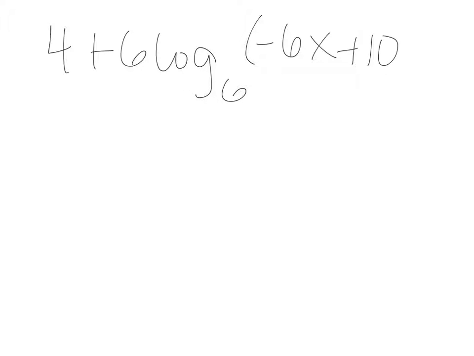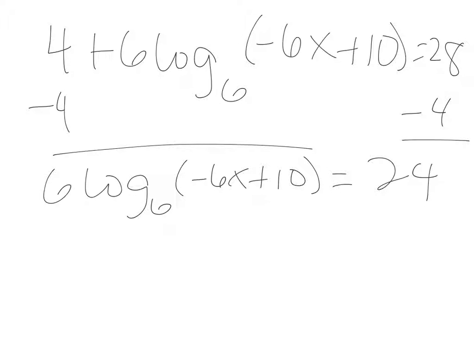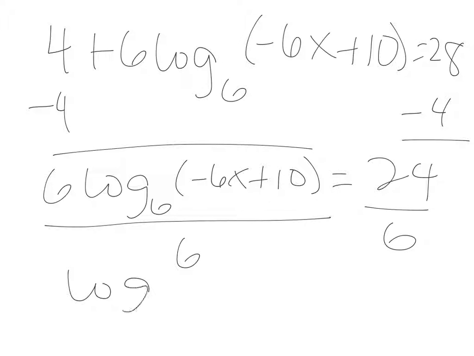So you might see one like on number 31, okay? On number 31, where we've got 4 plus 6 log base 6 of negative 6x plus 10 equals 28, okay? On ones like this, you're going to have to move the 4 first, and then you end up here. And then you're going to still have to move the 6 before you do anything else because my log is not isolated. So I'm going to divide everything by 6 and get log base 6 of negative 6x plus 10